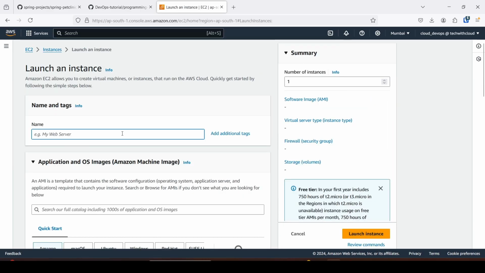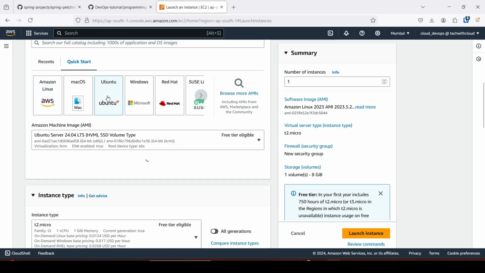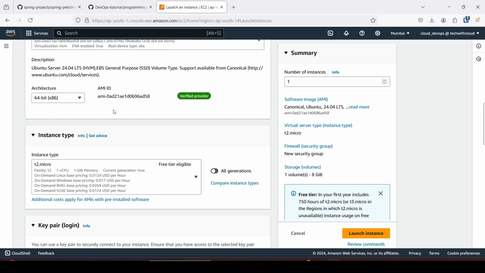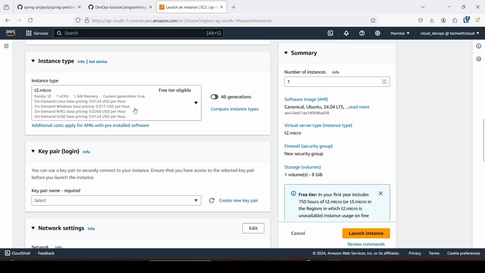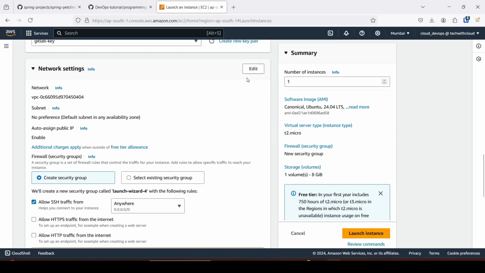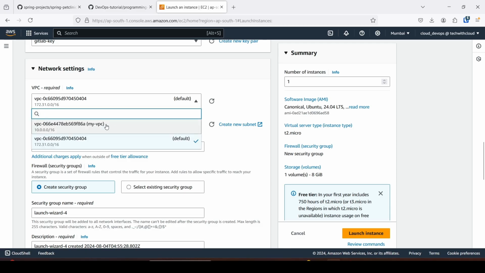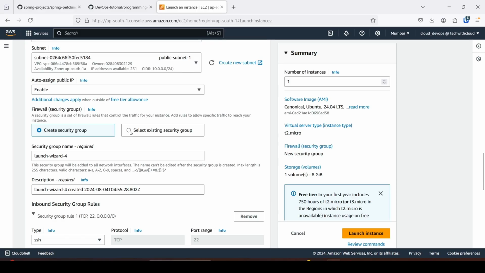For this VM, I name it test VM. Any name you can give it. Then choose the OS. I am choosing Ubuntu. Then t2.micro is enough to run the Java-based application. Key pair, any key pair you can use. I already have a key pair. I have already created my VPC and I am using this public subnet, enable IP,